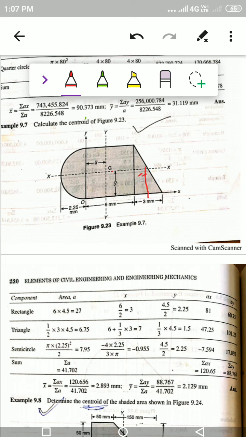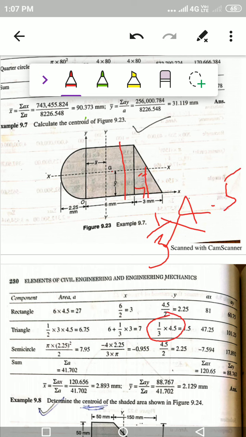So if you want the y bar distance, again you want to measure from the 90-degree side. Now the base becomes this one. Clear? That is 1/3 of base, and how much is the base here? This distance, that is 4.5. So 1/3 of 4.5 is the y bar, because you want the distance from here to here. Clear? If you are observing in reverse, you are measuring from the 90-degree side, the base becomes this one, therefore it is 1/3 of 4.5.